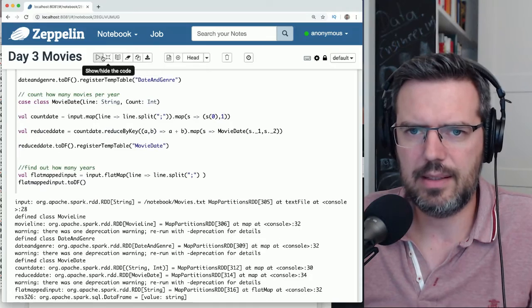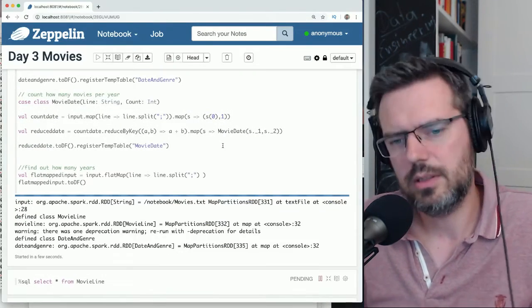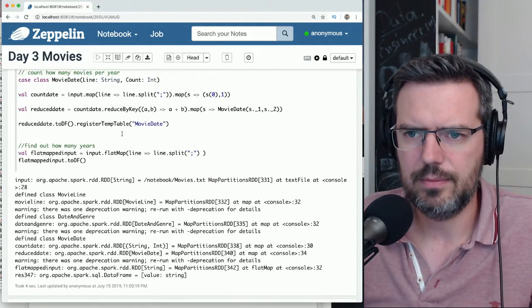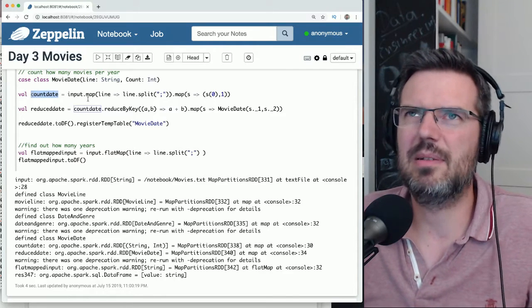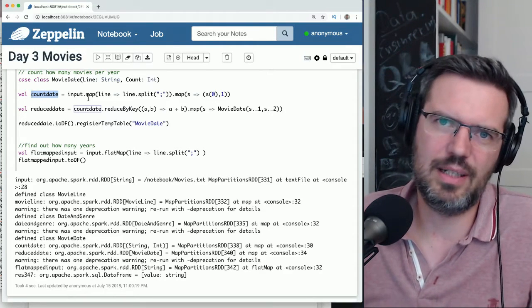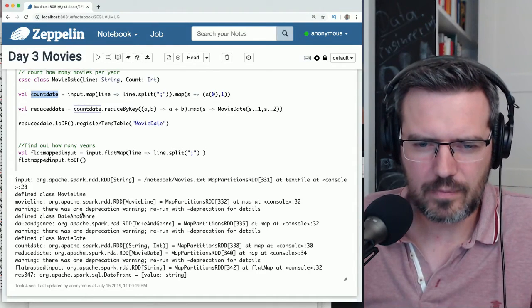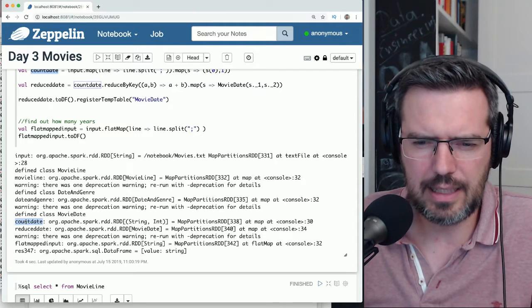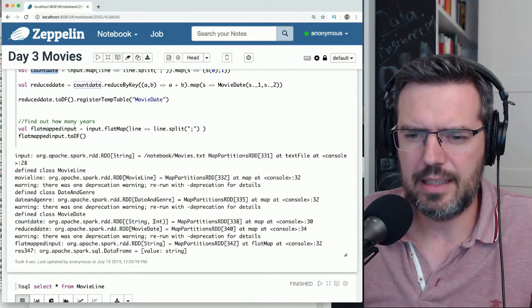And when you let that run, you can see here, count date, I called that. I'm absolutely bad with naming variables, so I'm sorry. For count date, it's an RDD of type string and integer.